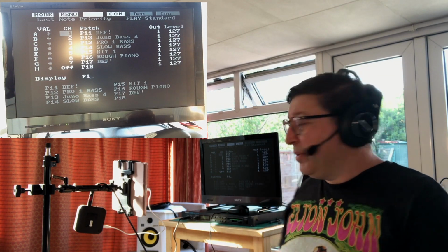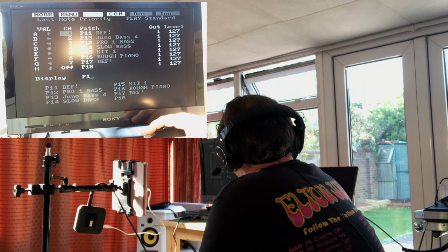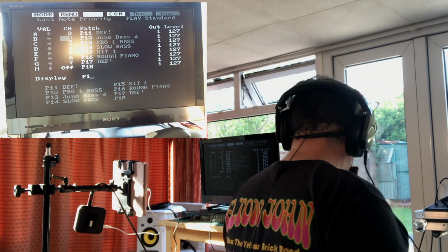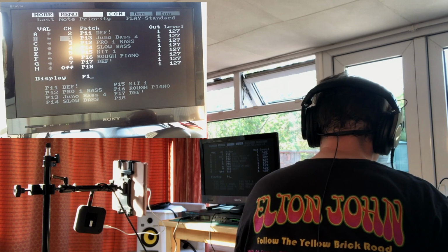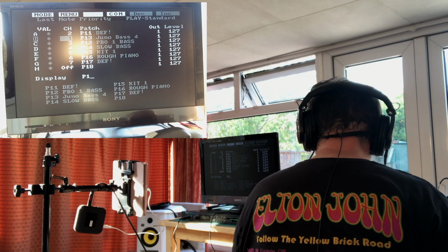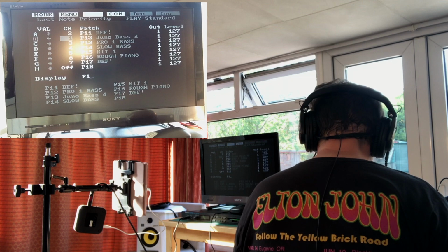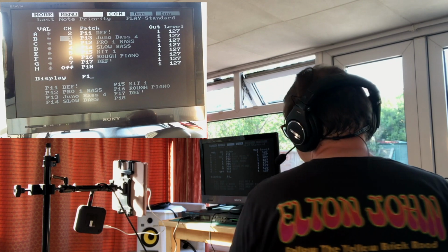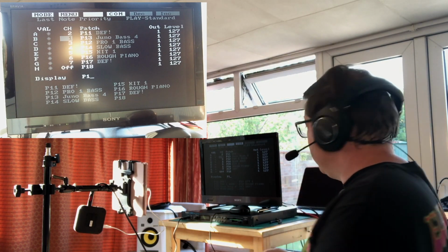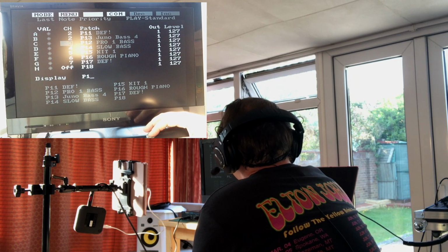Classic drum loop. So let's see what else we got here. This is meant to be a Juno 4 bass. I've never had a Juno 4, so I don't know whether that's a representative sound or not, but it sounds pretty cool. Let's put that one back, and let's go for a